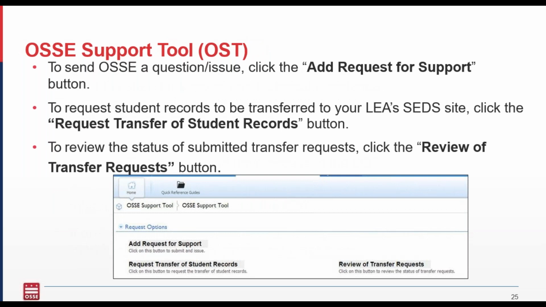once you get access, you'll add a request for support. You can also request student records transfers, and you can review the different requests that you have entered. So it is a tracking system, so you'll know what you have out there, like what open tickets you have and what responses you have received from the OSSE team. In our next screen,